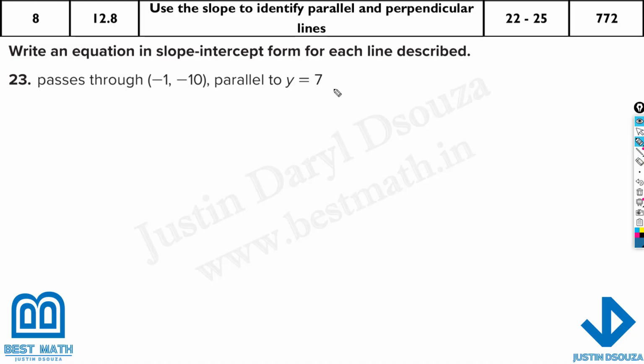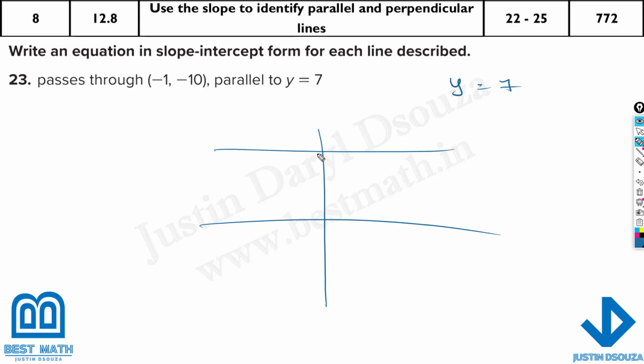Similar thing, it's parallel to y is equal to 7. So here, y is equal to 7 is a straight line. See now, is there any mx plus b? No, it's basically a straight line. I mean, not a vertical line, it's a horizontal line like this at 7. So you need to draw a line that is parallel to this. Now we can just, if at all there is x is equal to something or y is equal to something,